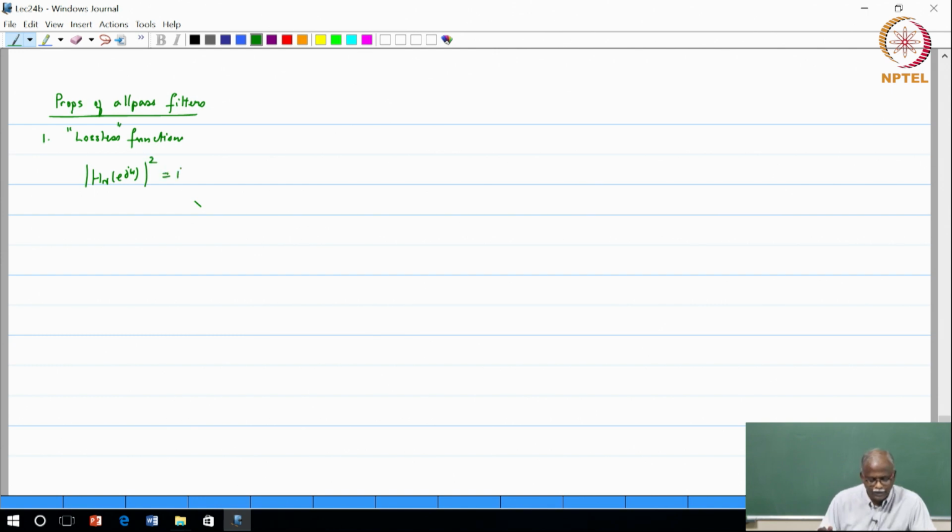We have taken the constant equal to 1 for all values of omega. That is the definition of an all pass function. Now, if I feed any signal x of n to this all pass filter h of z, out comes y of n, then by Parseval's theorem,